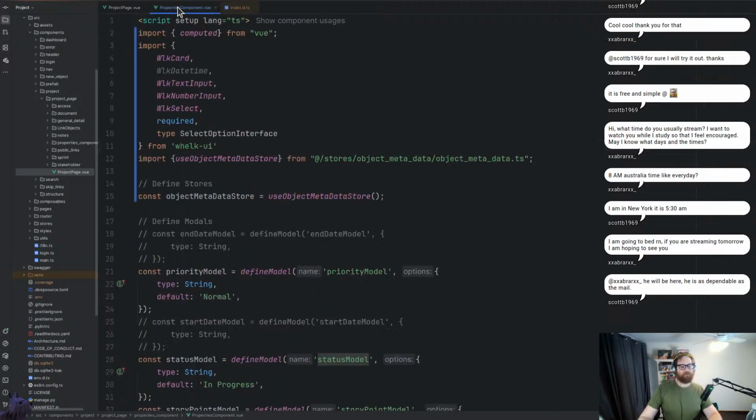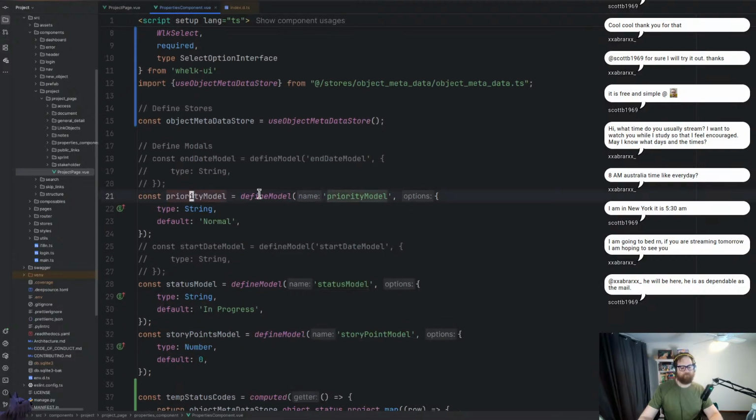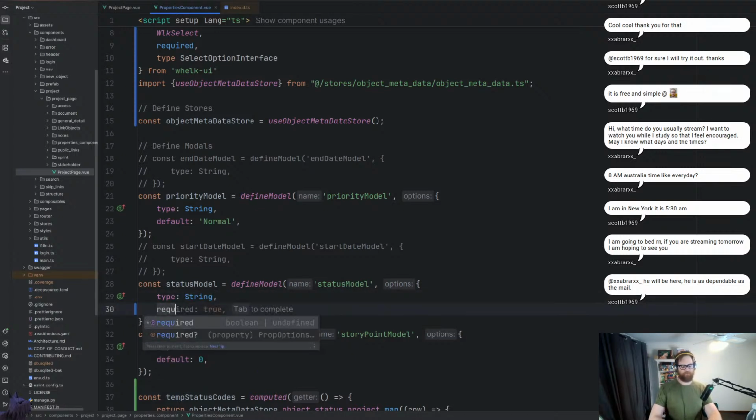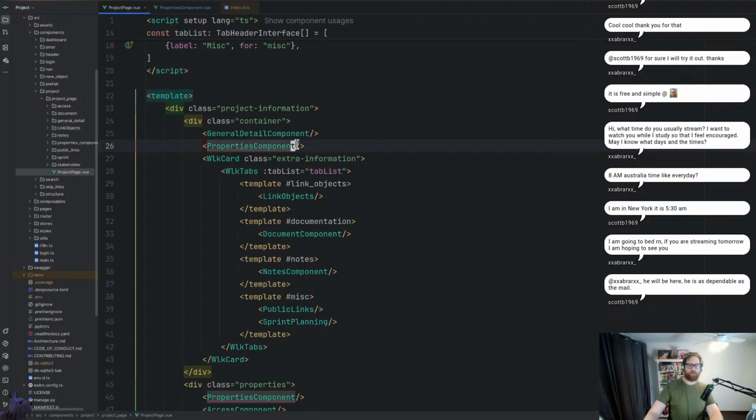Oh, hold on. Status model default. Ow. All right. What we're going to do, we're going to make this required. That's going to make the project page freak out up here. It's going to be like, yo, what's going on? However,